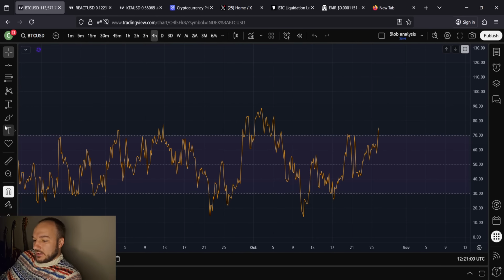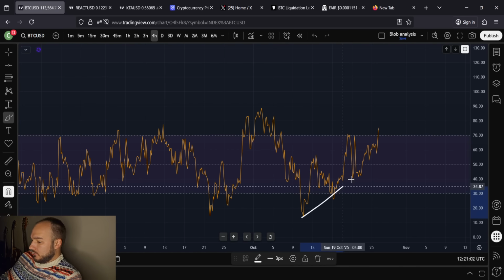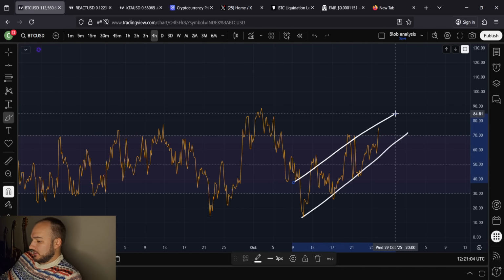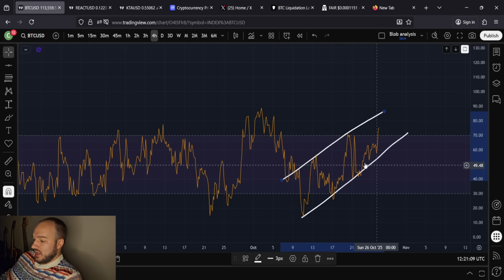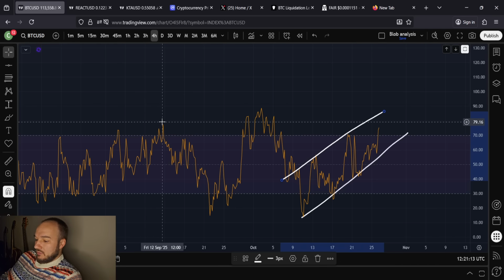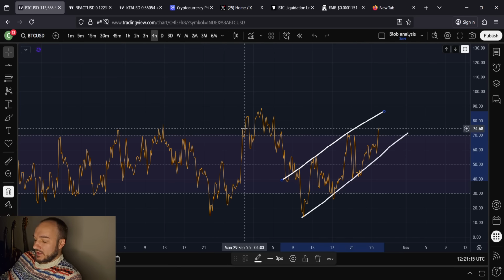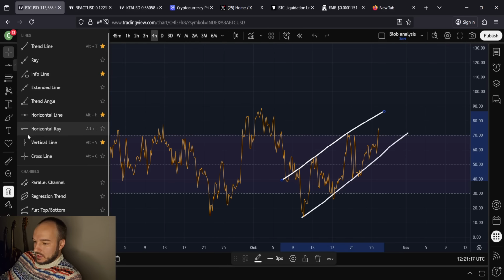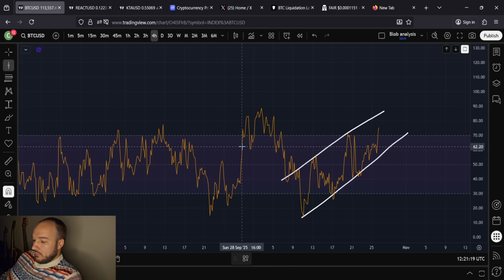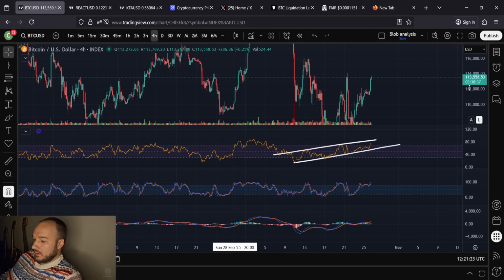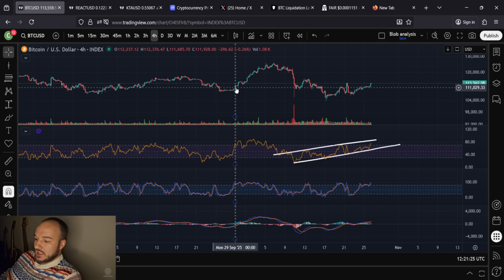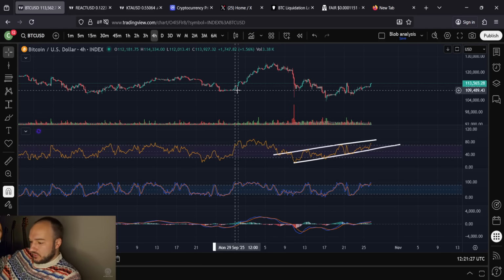Again, I want to take us back on a kind of thought process here where we haven't been overbought in quite some time. We finally got overbought. Here, this is the last time we got overbought. We hadn't been overbought in quite some time. We finally get overbought. What happened here when we finally got overbought after not being overbought for quite some time? Well, again, this was just the beginning of the move.